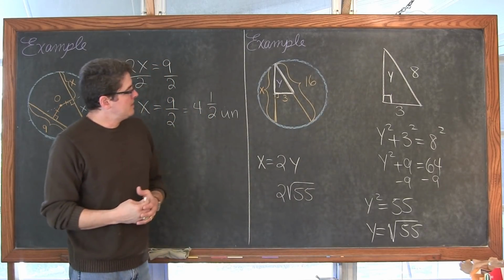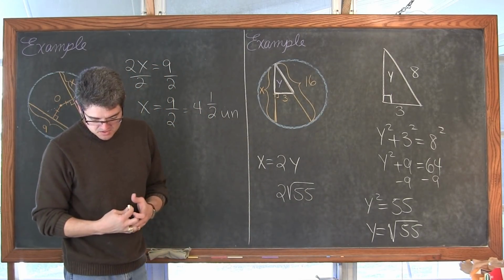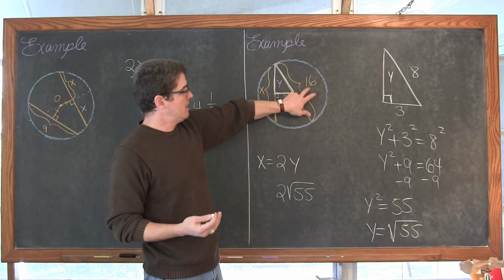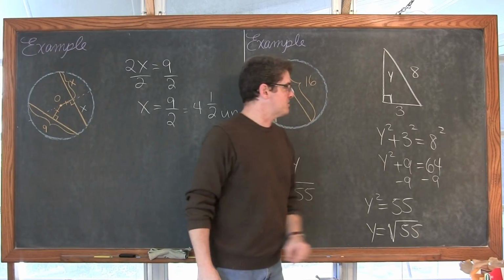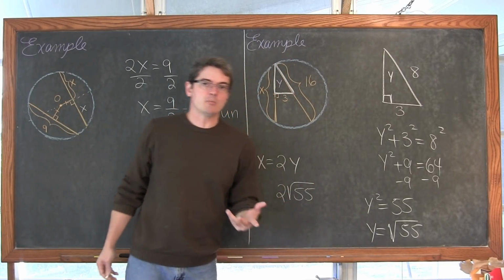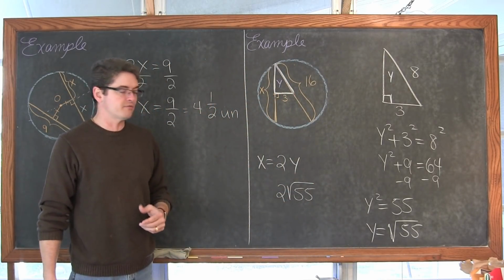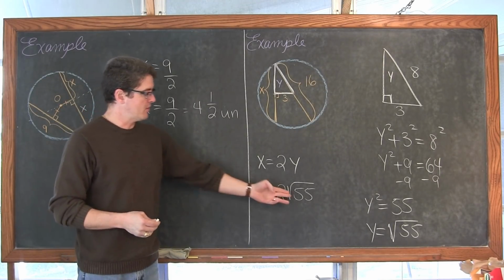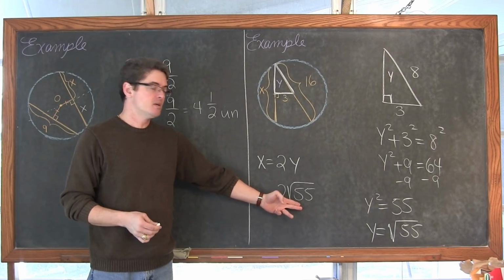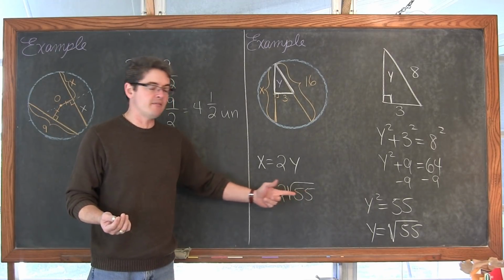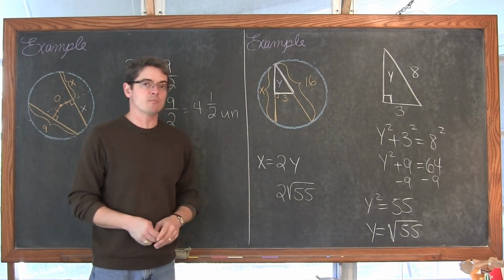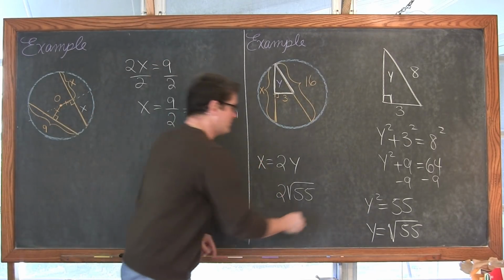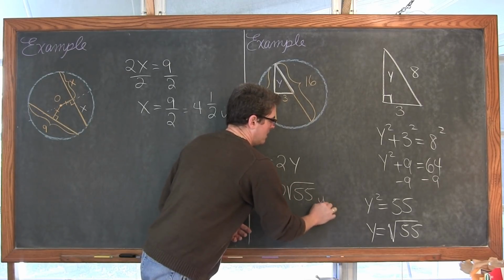Now, in my notes, I actually meant to have this be 18, which is how I got a hypotenuse of 9. I actually like that example better because it allowed me to review with you how to reduce radicals. But there is no perfect square in 55, so even though that's 5 times 11, neither 5 nor 11 is a perfect square, so this is not going to get reduced anymore. And this is the exact value of our answer.